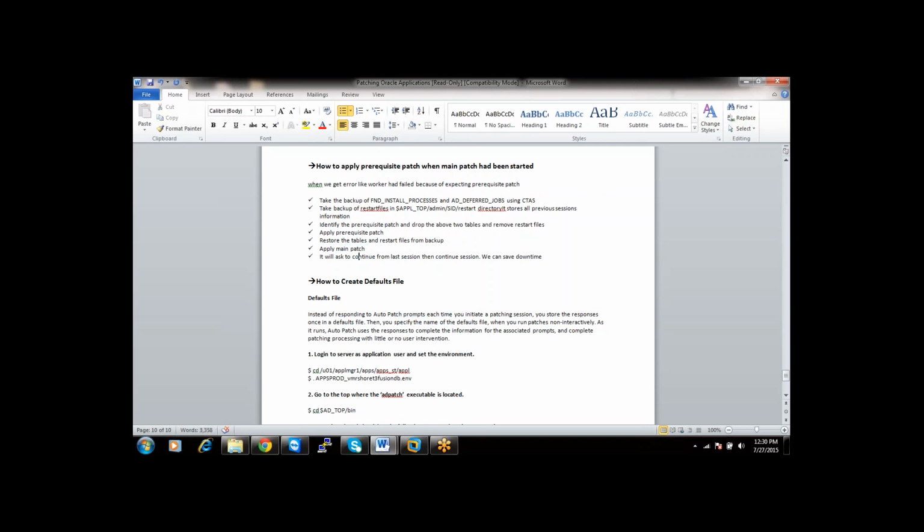Again, if you run AD patch, it will ask: your previous AD patch session did not run to completion, do you want to start it now? At this point you have to give yes, so that your AD patch will continue from the previous session.